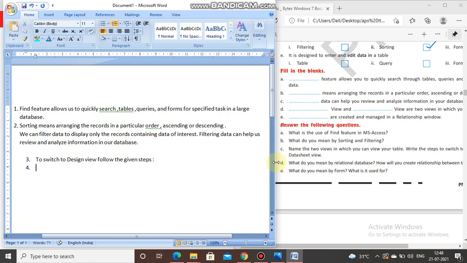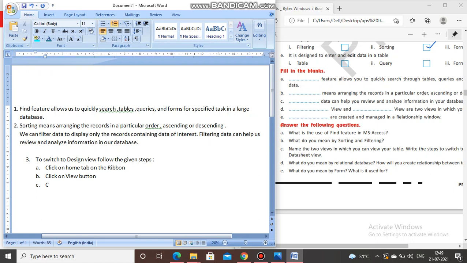First one, click on home tab on the ribbon. Next one, click on view button.